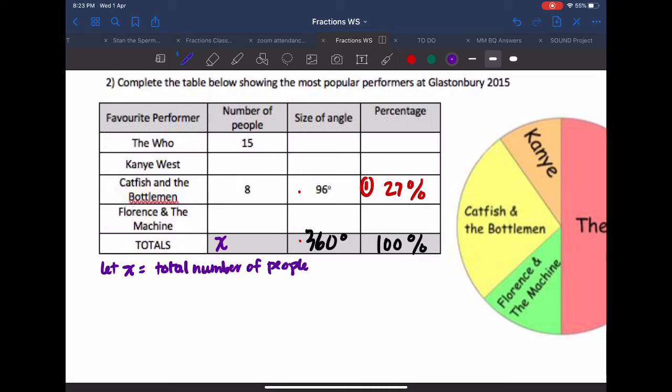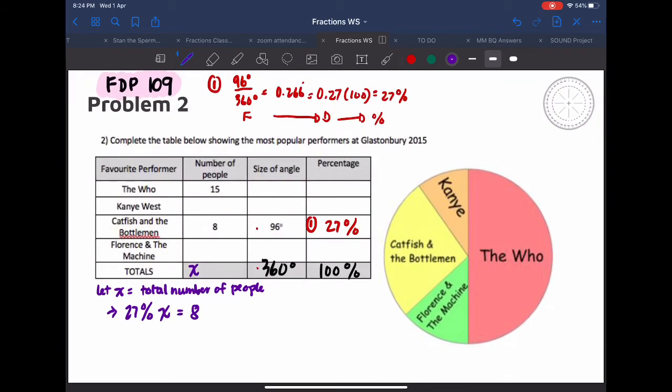So, the percentage of the part, because catfish and the bottleman is just part of the whole. 27% times the total number of people will give me 8, because 8 is a part of this whole total number of people. So remember this formula. This will be very helpful for you. Now, can we multiply with a percentage? No, it needs to become a decimal again. So if you look over here,